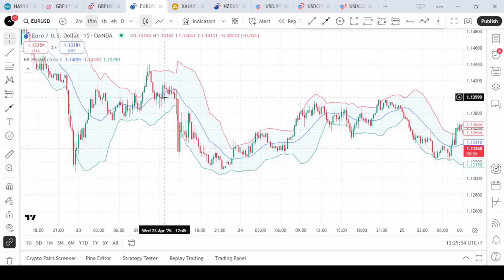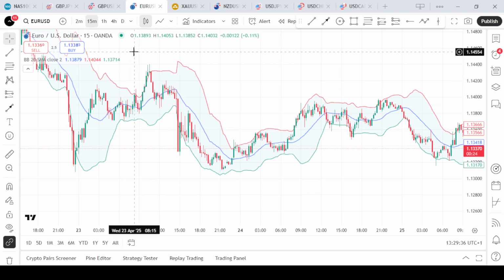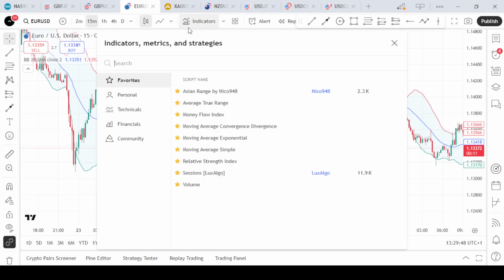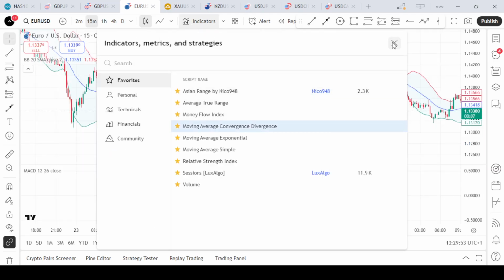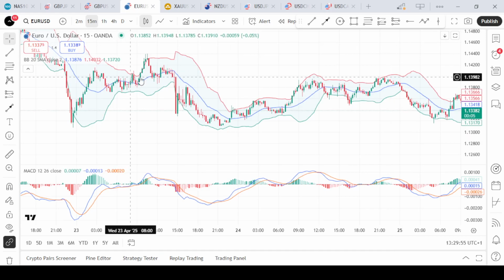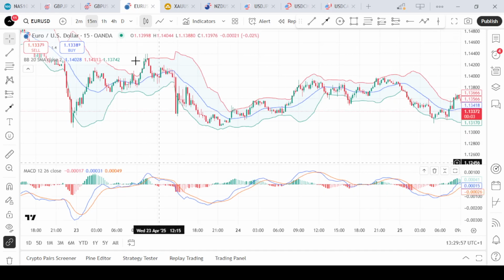and we have to wait for a breakout. Now the second step is to confirm your breakout direction. You wait for the band to start expanding and use additional indicators like your RSI or your MACD to confirm the likely direction of your breakout. So we can use our MACD to explain this better. And as you can see, after price is squeezing, you can notice that it is squeezing at this area,